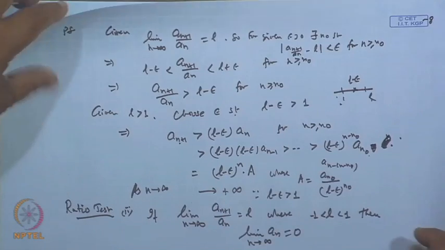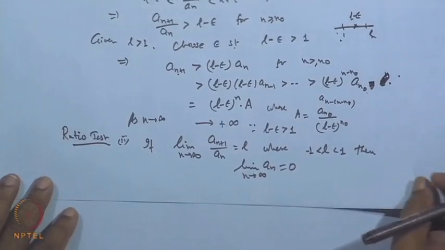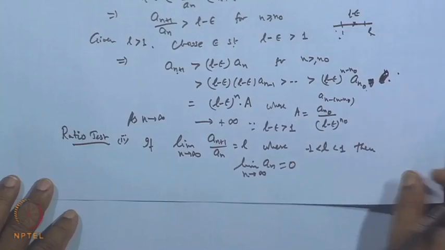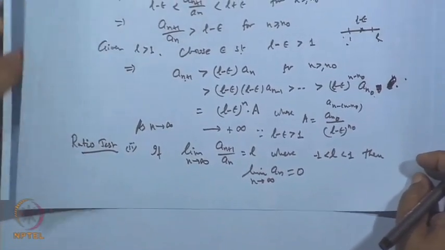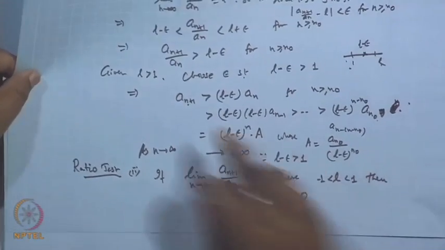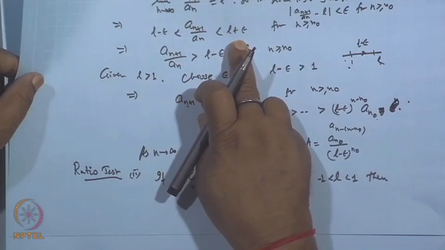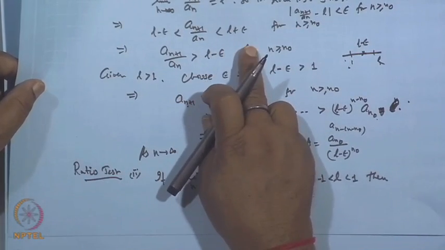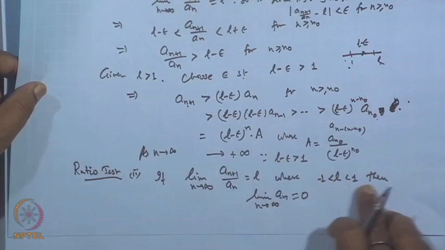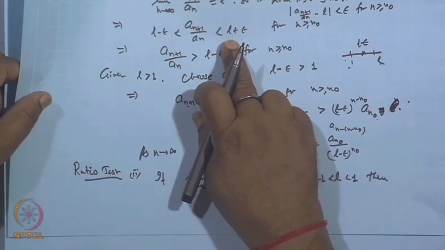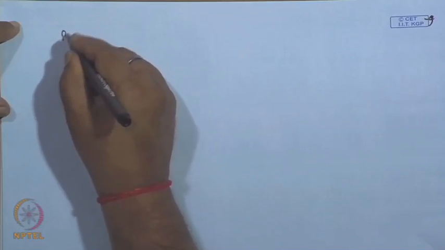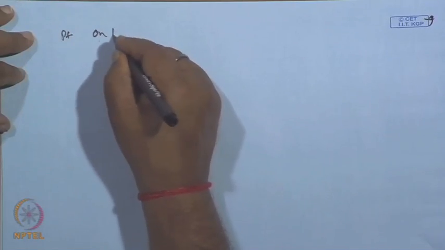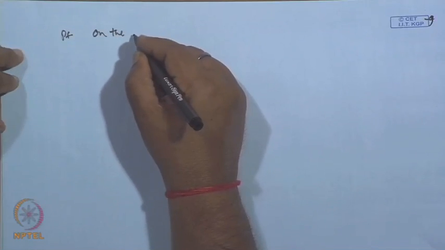Yes, the limit will be 0. Okay. This we want to show. Again the proof will be on the parallel lines, but what we will do here is, instead of taking this side, now we will take this side. Because L is lying between minus 1 and plus 1, I will use the mod of L here. Okay. So, the proof follows on the similar pattern, on the same lines